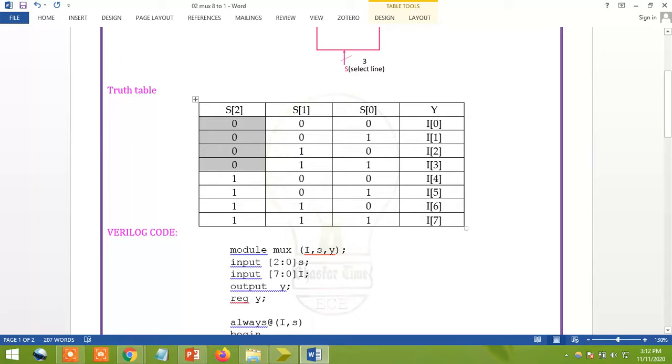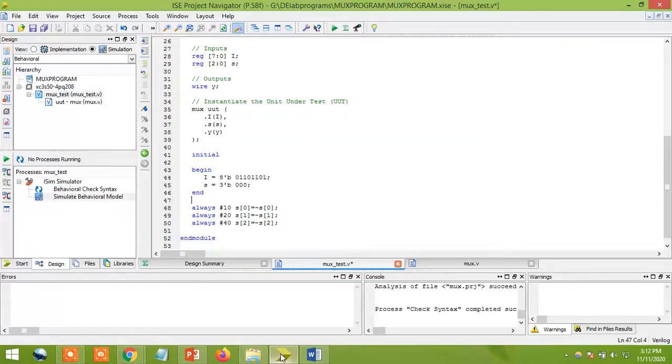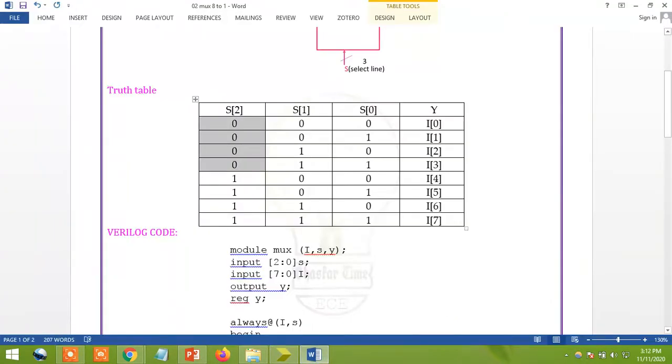Then how do we write the program? I'm going to take an always statement. Clearly you can see that I'm going to use always and #10. It is the representation of my delay. S0 becomes the complement of S0, meaning 0 becomes 1 and if 1 is there, it becomes 0. That is my intention. You can see 0 to 1, 1 to 0, and the time delay I'm defining is 10 seconds.